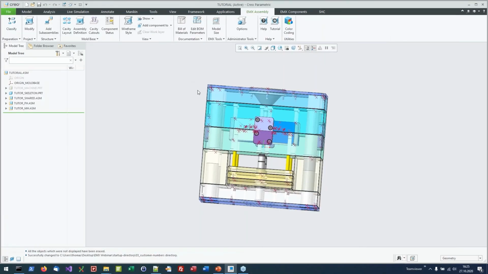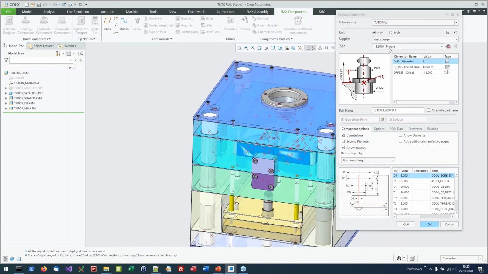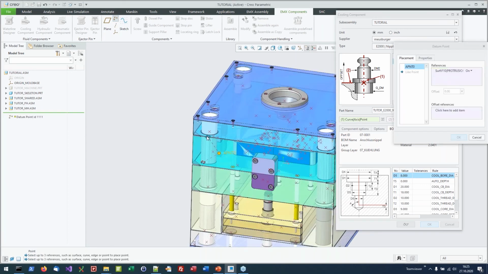And now if you just assemble this component, go to cooling components, E2000, and let's say diameter 9, M10. So this is basically the component we are talking about. And you switch to BOM data, you will already see here, okay, customer number. This is the customer number that I just added. If I switch to another type, we have not set anything up for this instance right here. But for this, we have this customer number. And if I now just assemble this component,